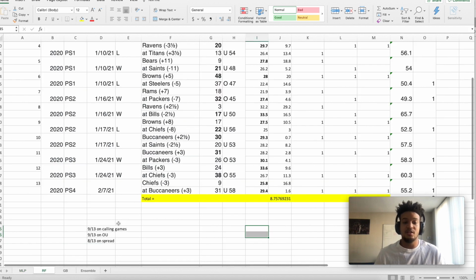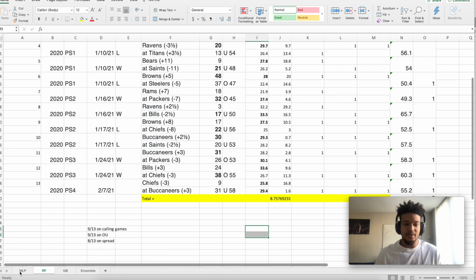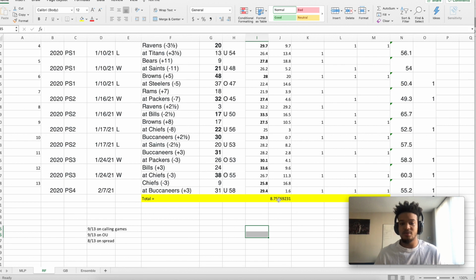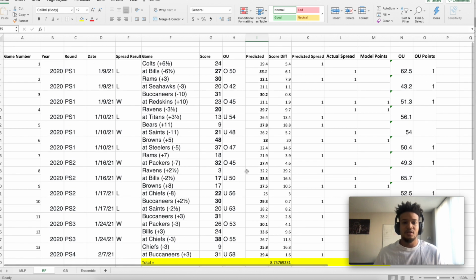Random forest model, 9 of 13 on calling games, 9 of 13 on the over-under also, and 8 of 13 on the spread. So while it looks like it performed better than the neural network model, you'll see that the points differential was a little bit higher, 8.75. And if you look at some of these games, even though it ended up calling 9 out of 13 games correctly,